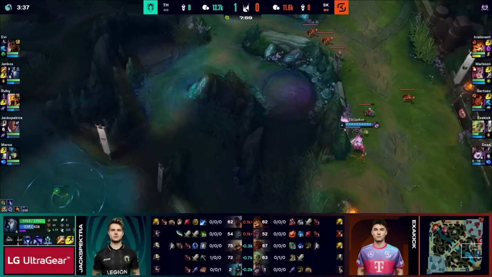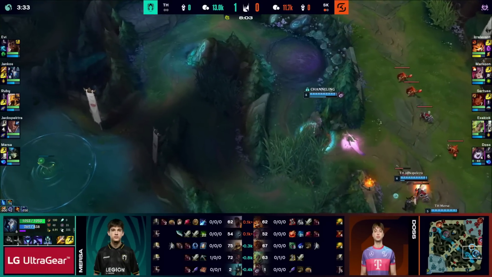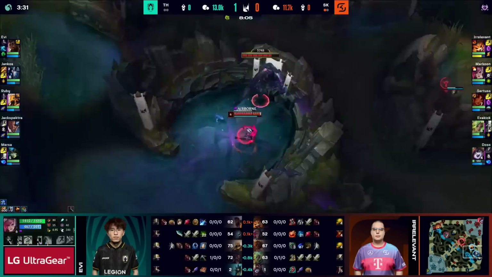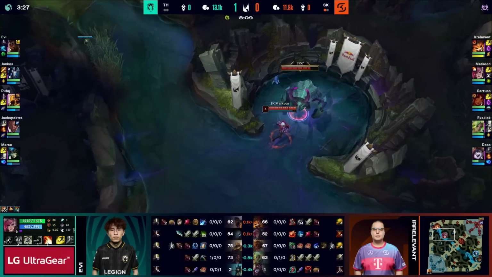Oh, we didn't see that, Jankos. A little oopsie. Just trying to backflip into a wall. No worries. Just parkour. Wicked. Oh, Markoon's on Herald, so at least they get something in return. No play in bot other than denying the creeps, but you can see that CS lead is getting bigger and bigger for Jackspektra,